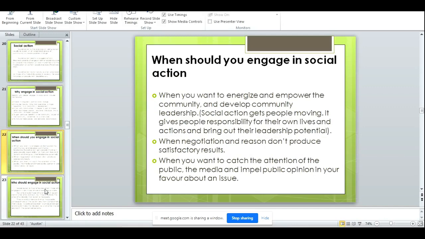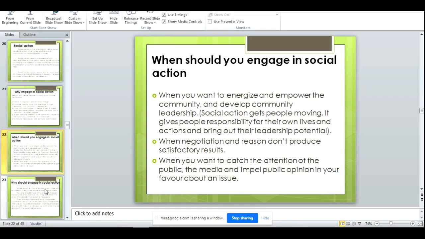When you want to energize and empower the community and develop community leaders, you engage in social action. Social action gets people moving. It gets people responsible for their own lives and actions, and brings out their leadership potential. When negotiation and reasoning don't produce satisfactory results, you go for social mobilization, like the NSAS protest I